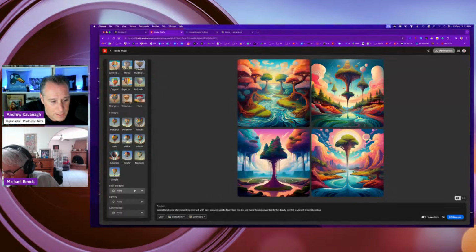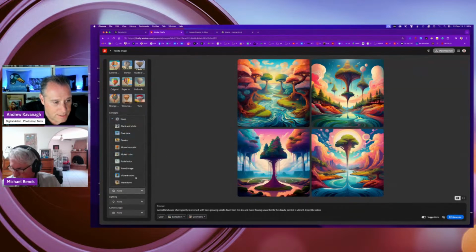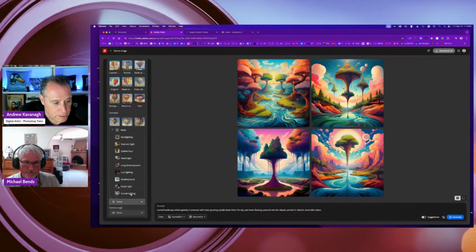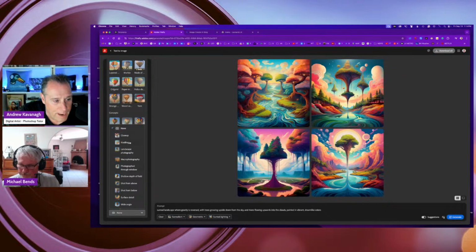And then beyond that, especially if you're focusing on, say, a photo kind of style, when you get down to the bottom, first you have color tone. So you can choose cool tone, golden, monochromatic, etc. But in terms of photography, there's a whole section for lighting. So you can do backlighting, dramatic lighting, golden hour, harsh light, low lighting, long time exposure, etc. And then it even has surreal lighting. So I might as well choose that just because I'm curious. And then once again, if it was a photo style instead of art, it has a whole bunch of options for camera angle. So you have landscape or macro photography, shot from below, wide angle, etc.